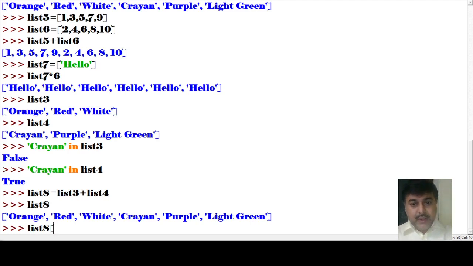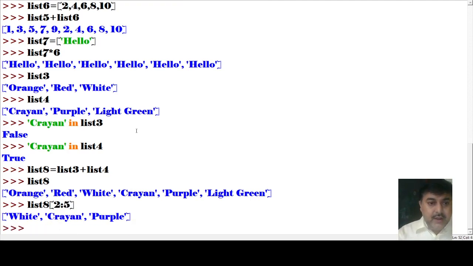After opening the bracket, I have to write the starting point and the ending point, from where to where it will print. Suppose 2 colon 5. If you press enter, see, white, crayon, purple, up to 5 it has printed. So we have 6 values, but it printed only up to this position. This is the way we can do slicing, and this is known as slicing.